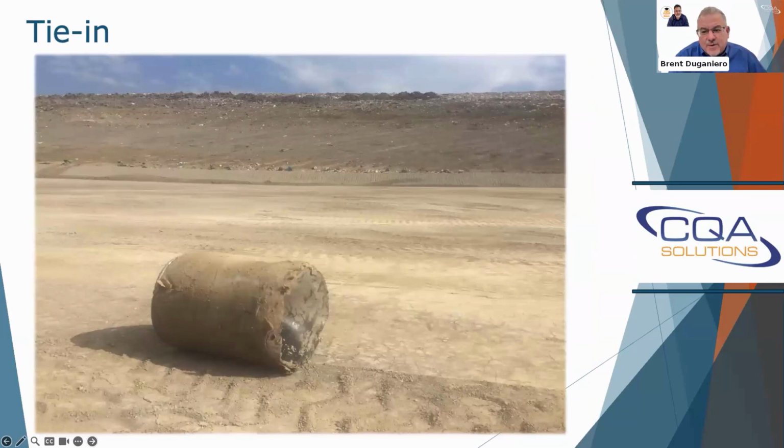It is an area where people were working, but luckily everybody had gone to lunch. So when we came back from lunch, we found this big concrete cylinder that had rolled from the slope up above. So you want to be really careful about working along a tie-in with any activities that are happening upslope